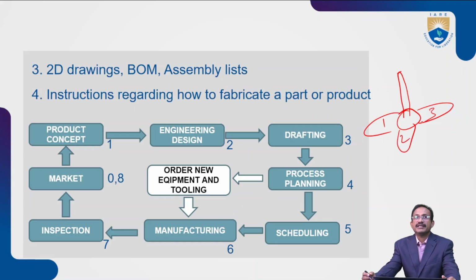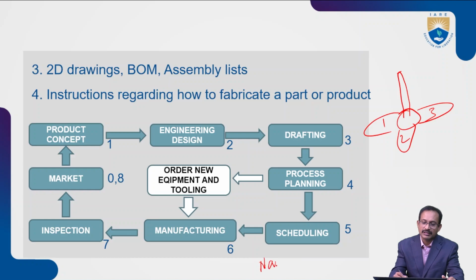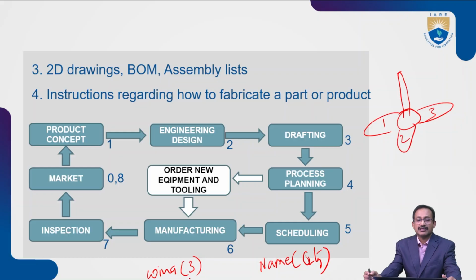In the bill of materials stage of drafting, we need not draw these three wings. In the bill of materials, we write the name and quantity of the parts, that is, the name and within brackets the quantity. Here the name of the part is wing and quantity 3. So this is nothing but a bill of